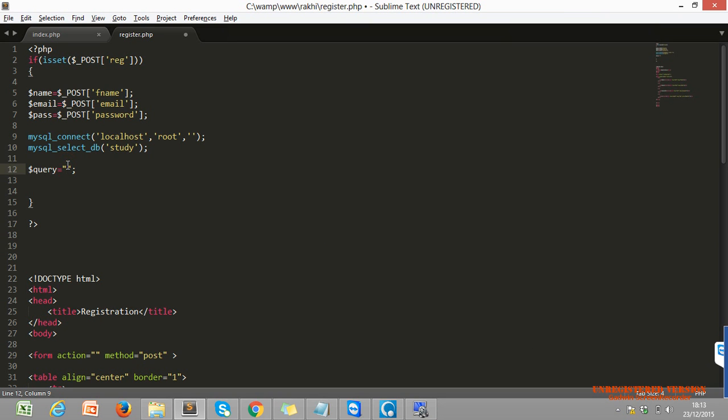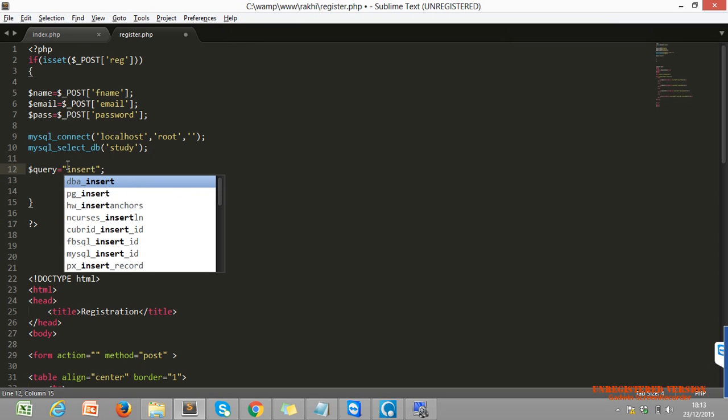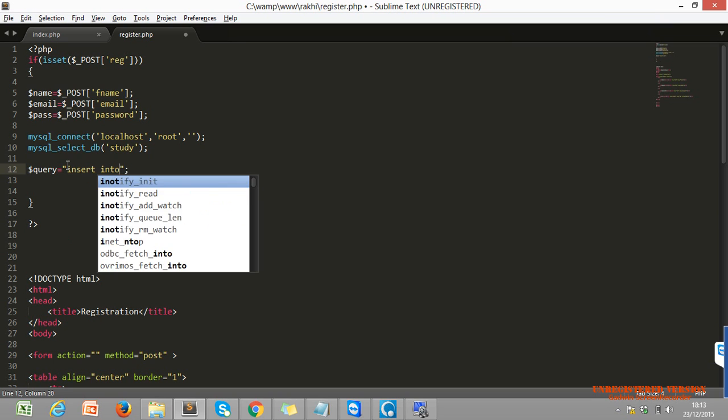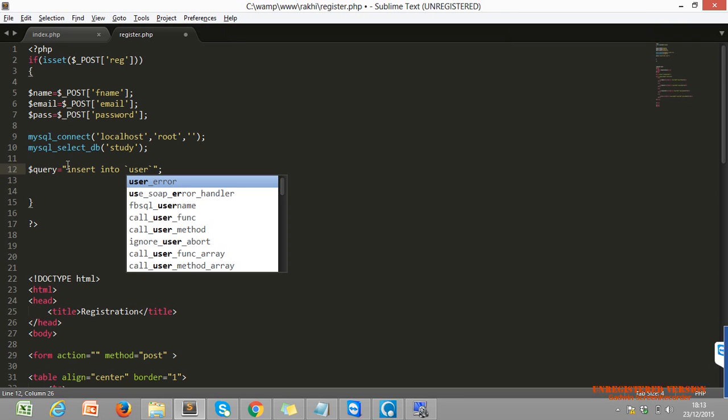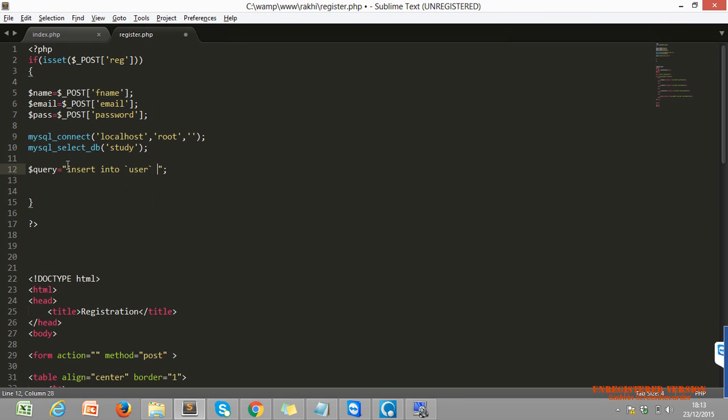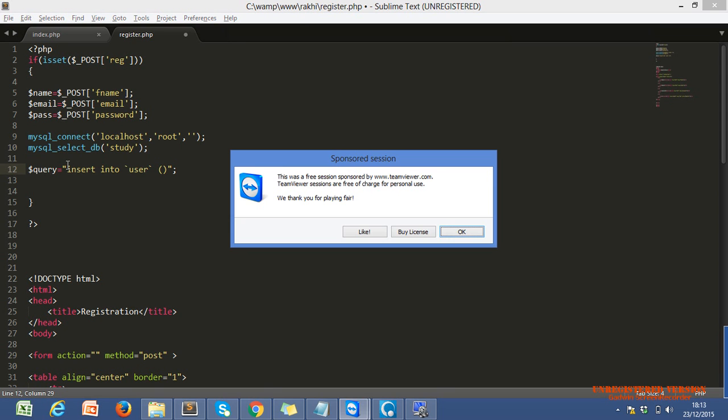Okay, insert into the table name. The table name should be within backtick symbols. For the table name we just use user. I just created a user table, a new table. Insert into user. We have to use, within small brackets, the column names.